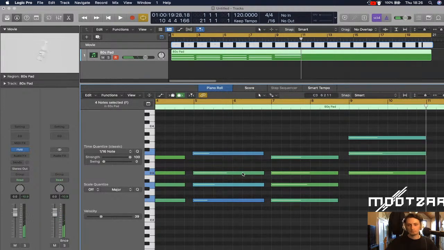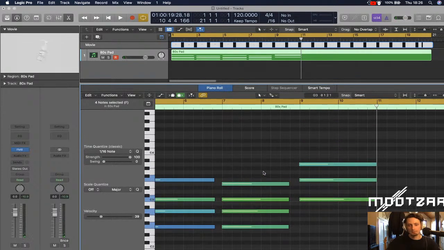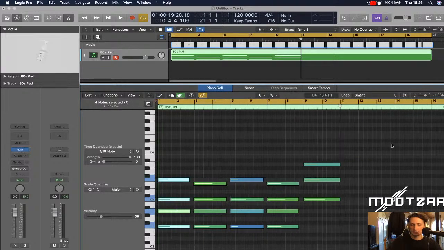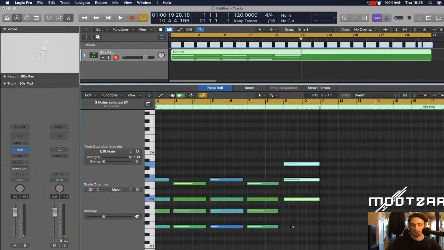So pretty simple. Obviously it sounds like sci-fi and the product doesn't suit that, but I'm just using this as a way of mapping it out. That's another thing I actually quite like doing. I've got these chords, and you might think, oh, a melody would be quite nice, but